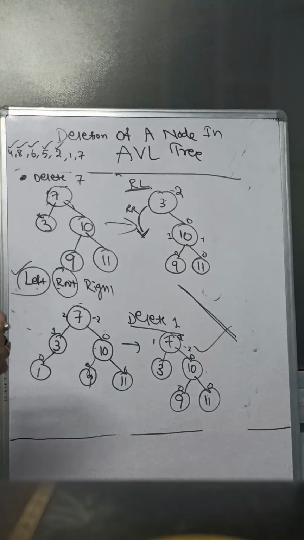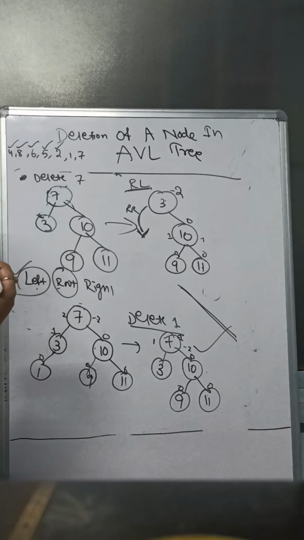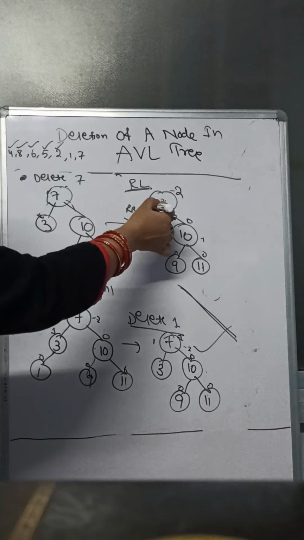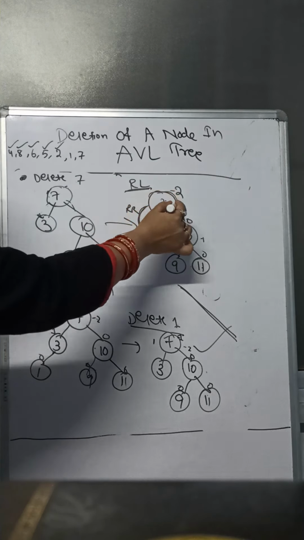Okay, so to make the tree balanced, you have to do this rotation. I don't have to do only the left rotation or the right rotation, because there would be only one rotation. But here I have to take 3 here. Again I have to fill this place by taking some node from the right subtree to the root. So by doing the RR rotation, 3 will come here.